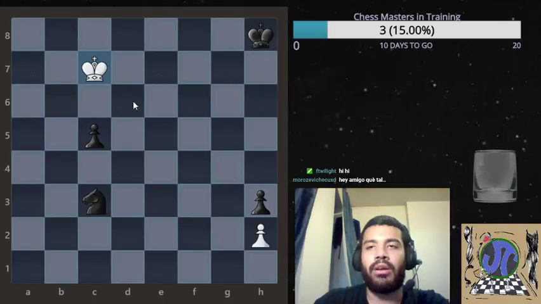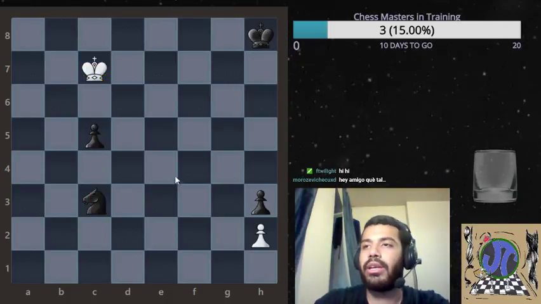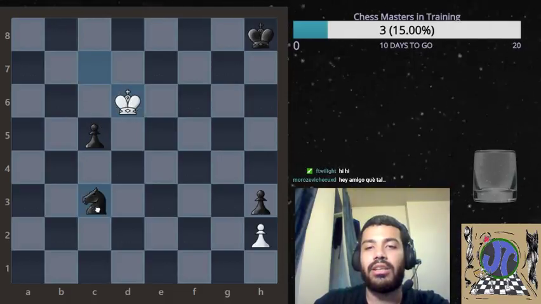So remember that they can go here, right? Because black is going up. Okay. So the text gives, if king d6, knight a4,